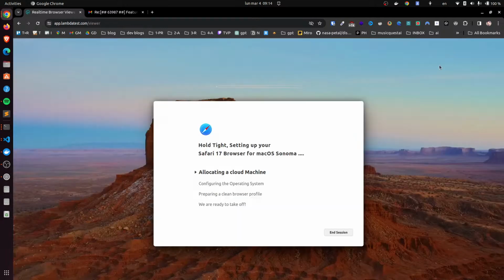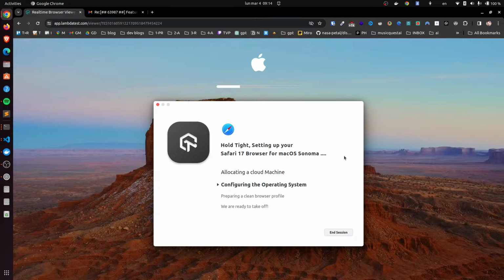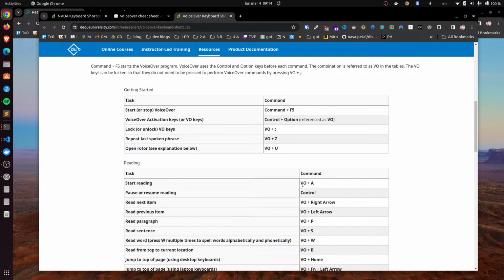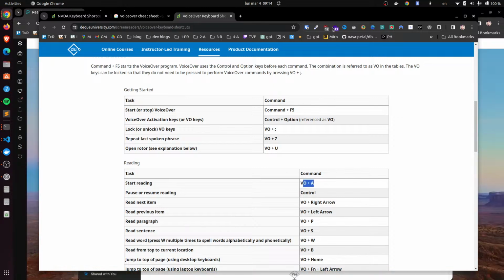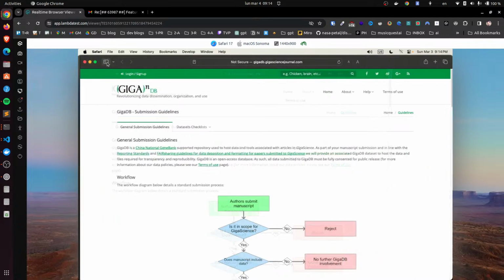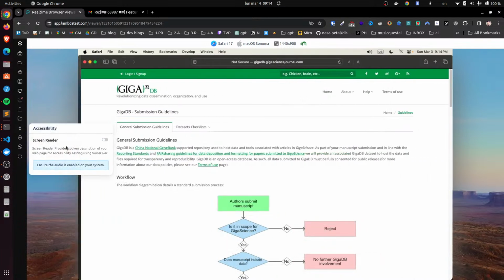Let's go. I want to try to just read the whole page. Just start reading. Start reading, VO A. This may work. VO, Option A. Maybe a bit annoying.